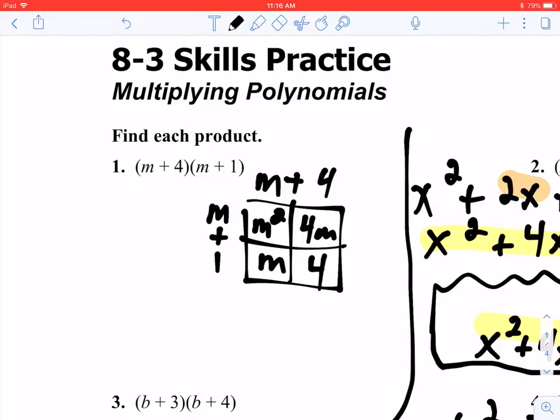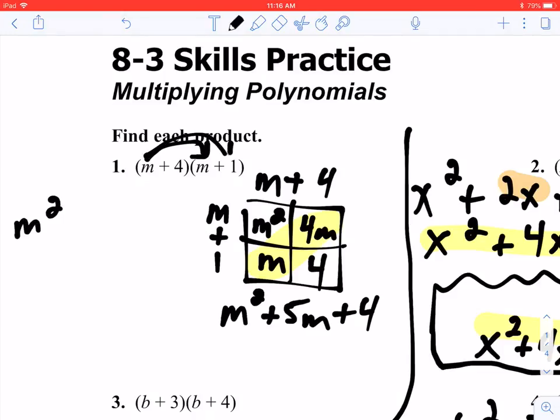From there, we're going to list the terms, highest power first, m squared. These two terms right here are like terms, so 4m plus 1m is 5m, and then we have a plus 4. Now, using the foiling method, we're going to do m times m, which is m squared,